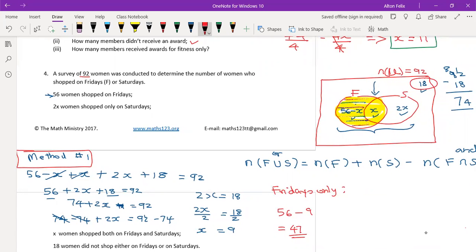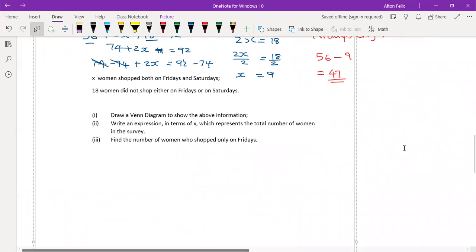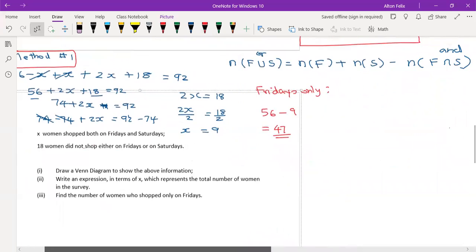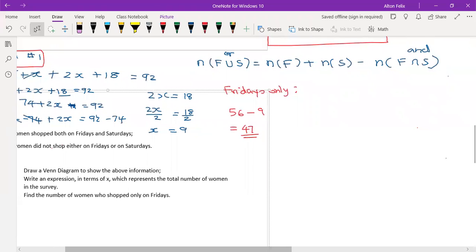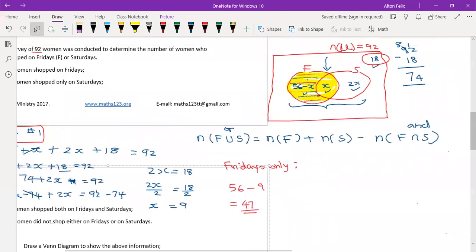So we're going to shift our screen a bit. Let's take it across a bit and make some space for working. All right, so I'm continuing with this formula here. I hope you remember that the number for F union S would be the difference between 92 and 18, which was 74. So we're gonna start off with that. So 74,